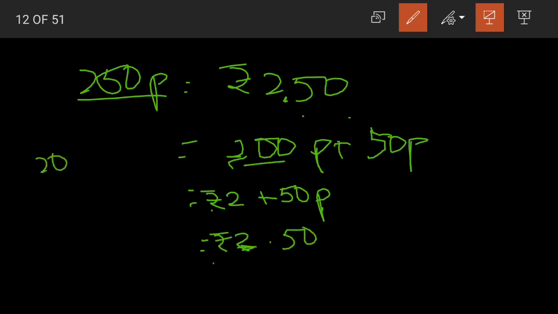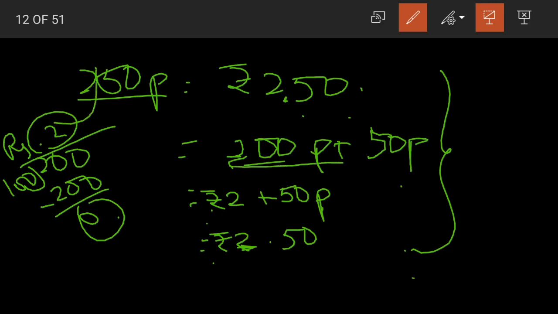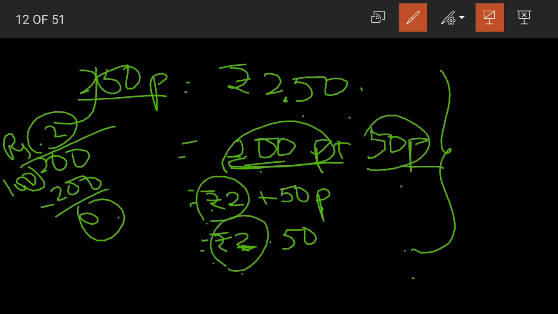Let's see, 200 divided by 100. 100 twos are 200. When we subtract, 0 is our answer. So 2 rupees. Understood, children? If you are looking for an elaborate answer, if you have to write the answer, you have to follow these steps. Separate it into two parts. Now the bigger number is to be converted into rupees and joined with our paise.